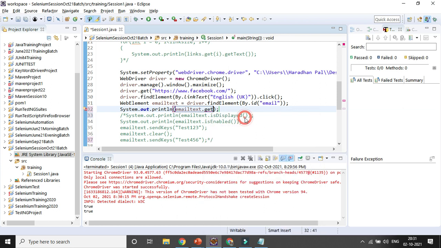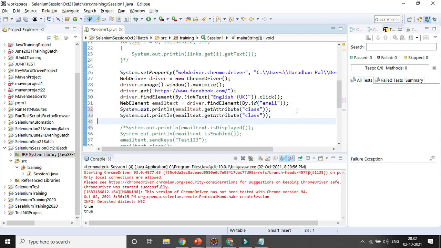Suppose I want to print class, so the value will be printed out. Similarly, if I want to print another attribute, say type, the value will be printed out. That's how I can get the different attributes of the web element.